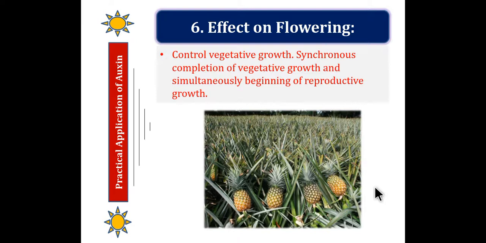With an appropriate concentration of auxin at the appropriate stage, synchronization of flowering can be achieved in all plants in the field. This makes the harvesting easier and less expensive, so the cultivator can earn more money from pineapple cultivation. In the case of sugarcane, the flowering decreases the sugar percentage in the stem. So with the help of auxin, we can stop the flowering. The plant remains in the vegetative phase as usual.